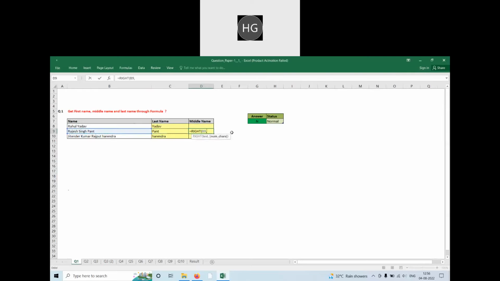We will use len, this one, minus find, because we want the value after the first space. So here find, what we will put here, find space, because we want after the first space. So this formula will always return me the value after the first space. Like this one you can see.